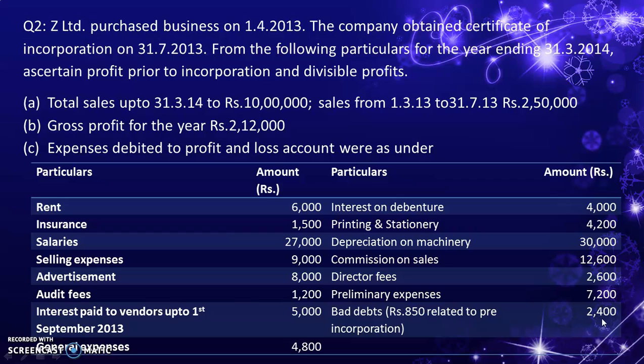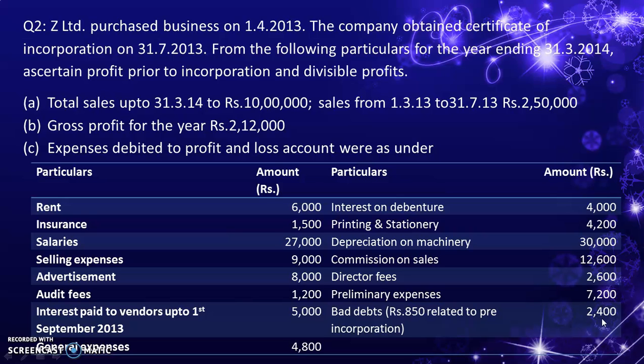Expenses debited to P&L account. So all these are the expenditure. Don't think that it is a P&L account. The particulars are listed out. Rent. Yes, while reading the question itself, you have to make note of it. Rent, note number 5, time ratio. Insurance, note number 5, time ratio. Salaries, note number 2, time ratio. Selling expenses, note number 5, sales ratio. Advertisement, note number 5, sales ratio. Audit fee, note number 5,